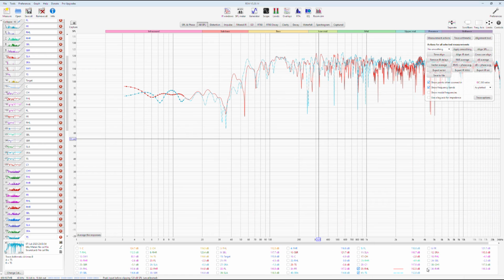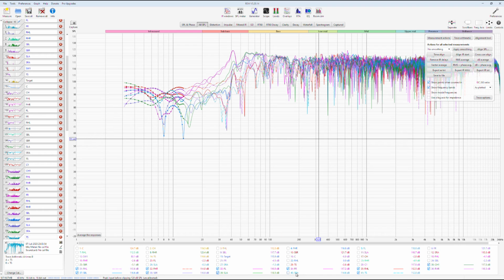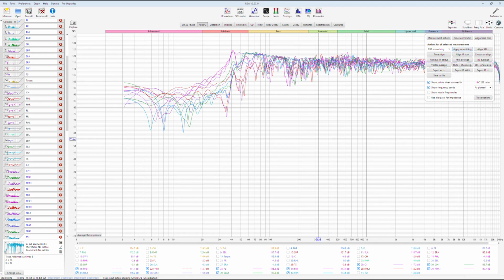Okay, now these are our final measurements after correction, speaker responses. They had all. Okay. And after 1/48 smoothing, as you see, we have a pretty flat response.